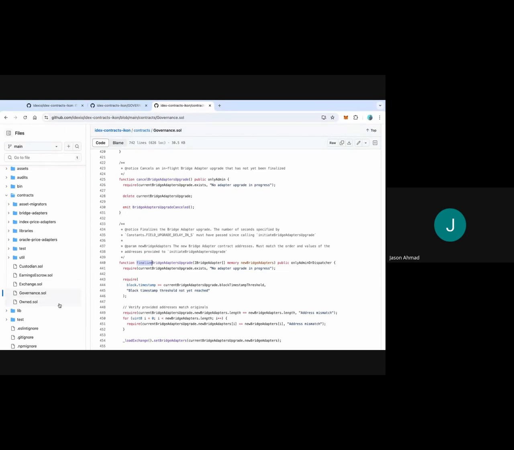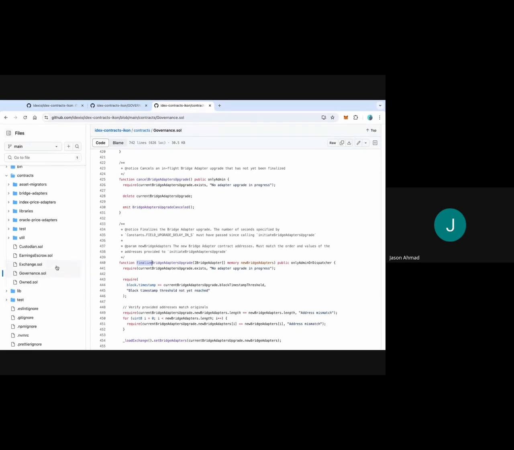I should note before diving into the exchange contract that there are a number of areas of pluggable support, the bridge adapters being one. So as you can see here, asset migrators, bridge adapters, index price adapters, and Oracle price adapters are all peripheral contracts to the core logic that integrate the service into a number of different areas. So we already touched on asset migrators. Again, there's a pluggable contract that can be added and then migrate if and when the community and project determines that we need